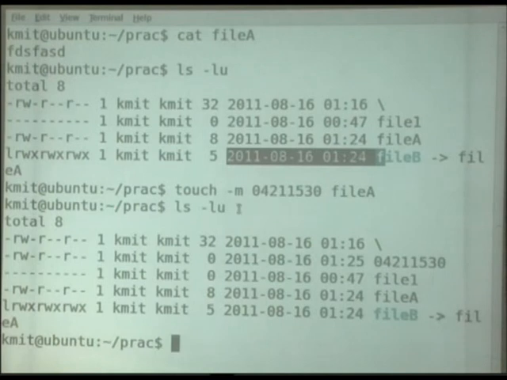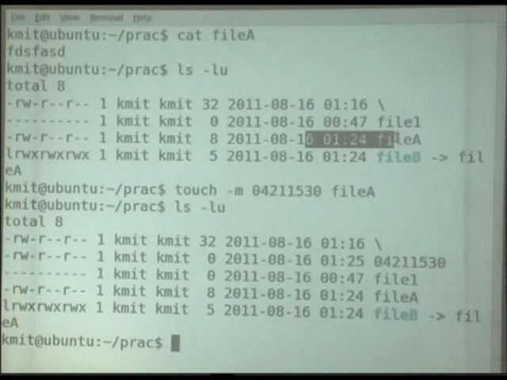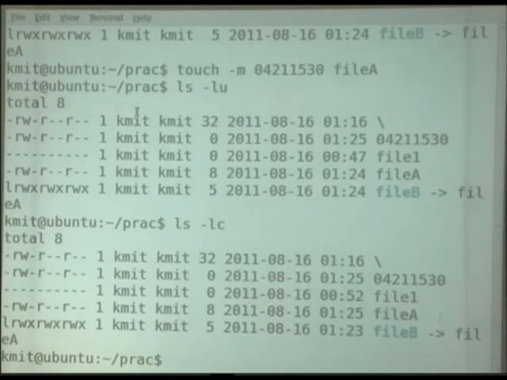I have changed it for file A. Earlier file A's timing was this, but now we have changed it. This is the timestamp we have changed for this file. Here is what we have seen.